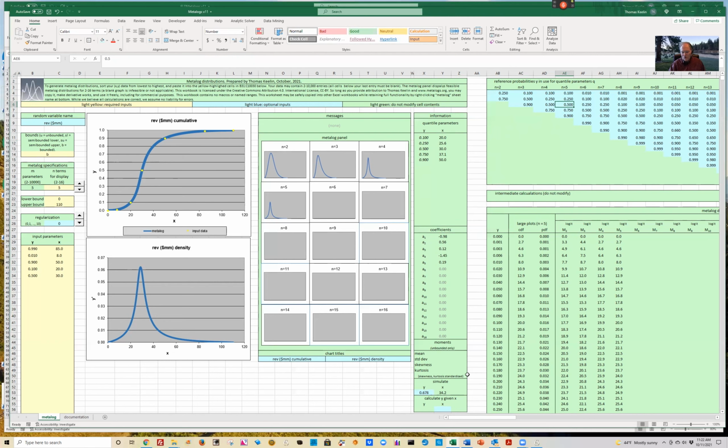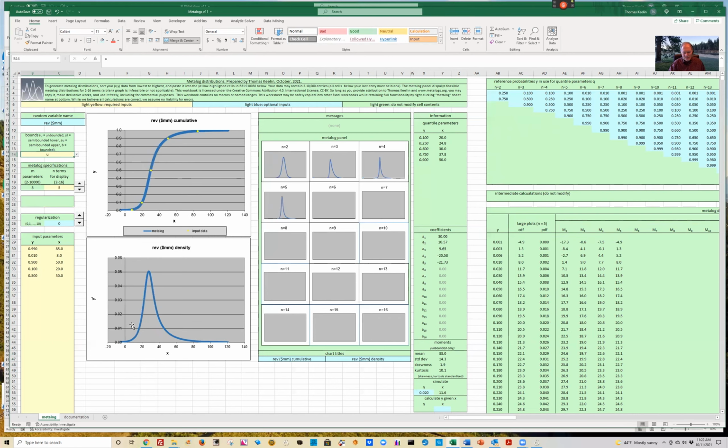Now, there's more information that's provided here: the moments. What are the moments of this probability distribution? Well, as you can see here, they're blank because the moments in closed form are available only for the unbounded metalog. But if you switch this back to an unbounded metalog, then you'll see that your moments, mean, variance, skewness, and kurtosis,